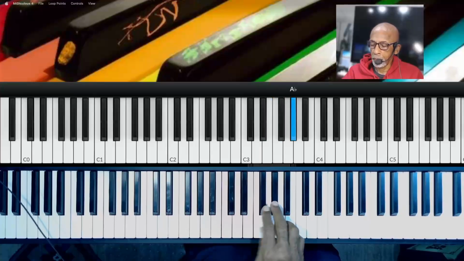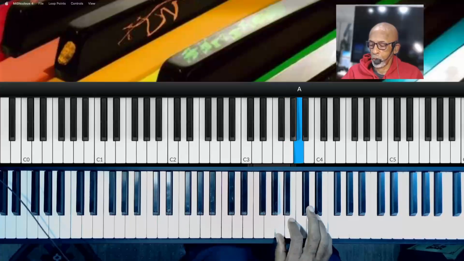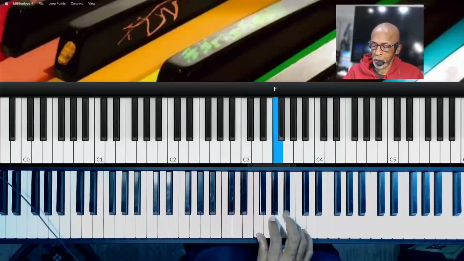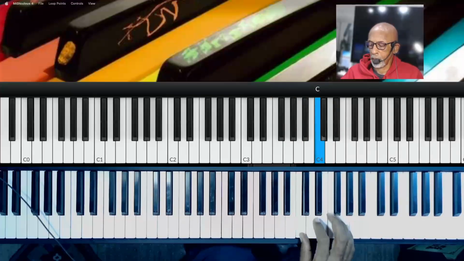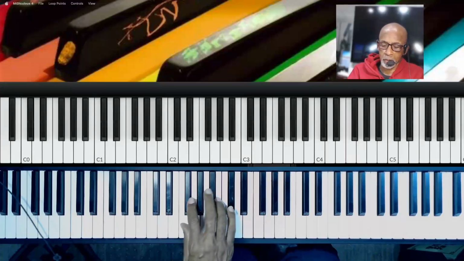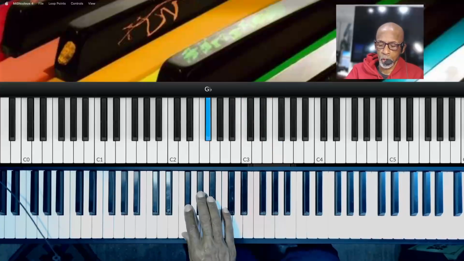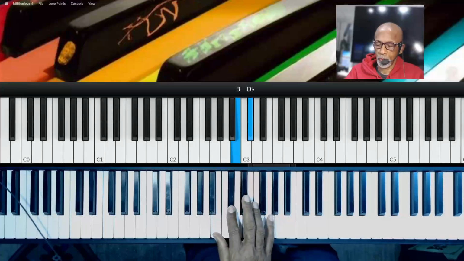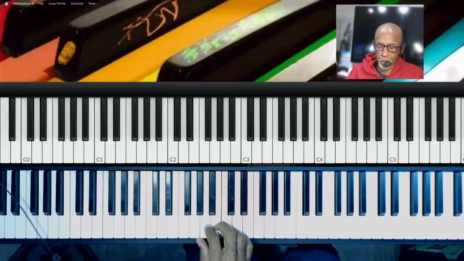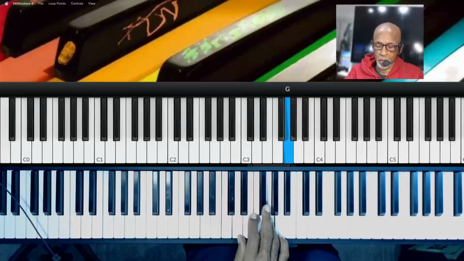1, 2, 3, 4, 5, 6, 7, 1. Let's go to the key of F. 1, 2, 3, 4, 5, 6, 7, 1. Let's go to G flat. I'm gonna drop it an octave. 1, 2, 3, 4, 5, 6, 7, 1. Where am I? Key of G. 1, 2, 3, 4, 5, 6, 7, 1. Key of